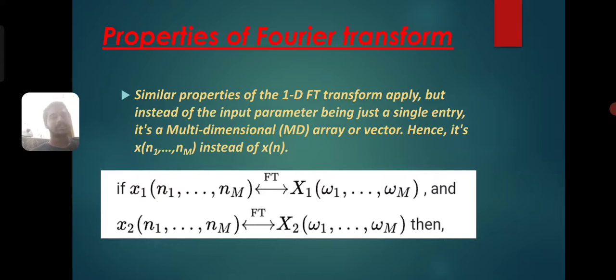Hence it is x of n1 up to nm instead of x of n. If x1(n1, ..., nm) has Fourier transform X1(w1, ..., wm) and x2(n1, ..., nm) has Fourier transform X2(w1, ..., wm),